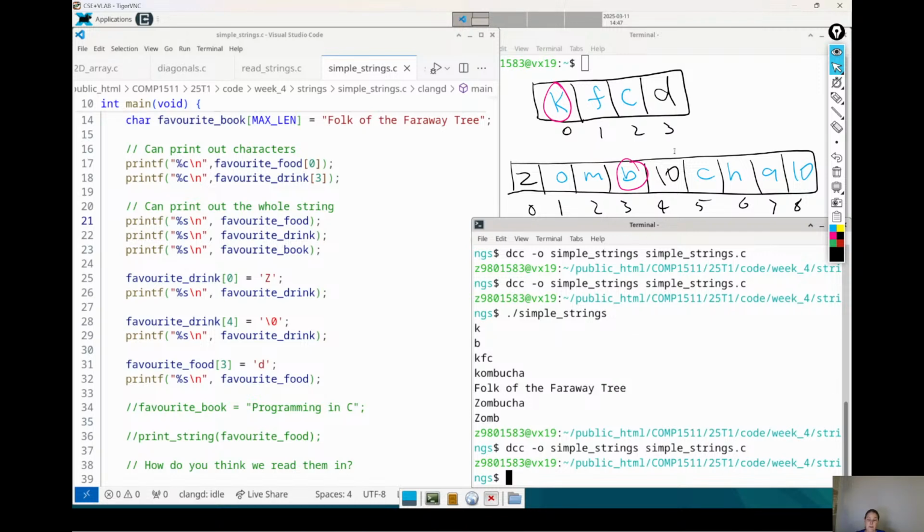Yeah, so a few people, yeah, I've gotten rid of the Null Terminator. It's technically no longer a string. If I try to print it out with %s, %s is going to be looking for this Null Terminator, and it's never going to reach it. And it's just going to keep looking and go past the end of the array. So when I try and do that, printf in good faith starts looking through, trying to print K, F, C, D, and then it keeps looking. And on our system,